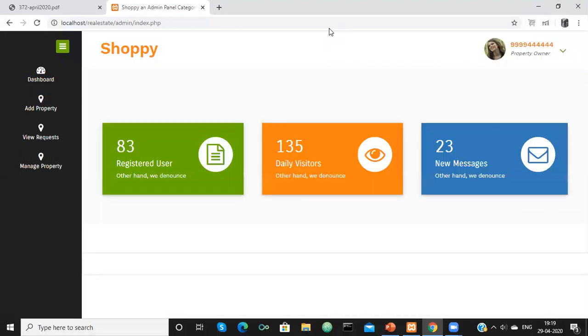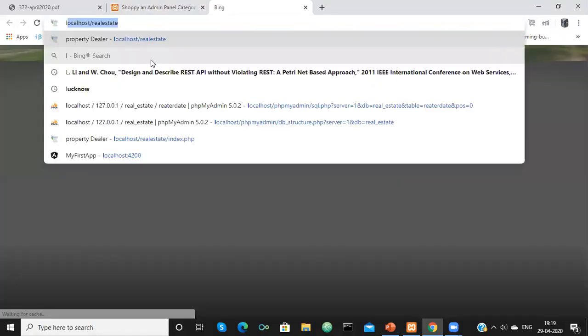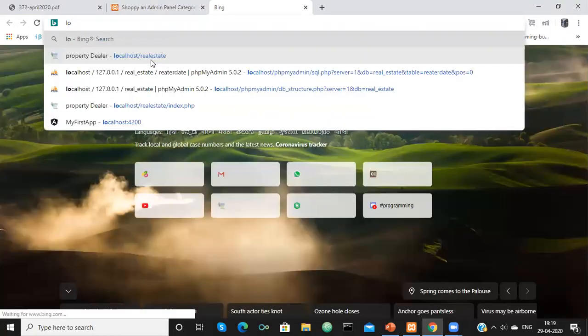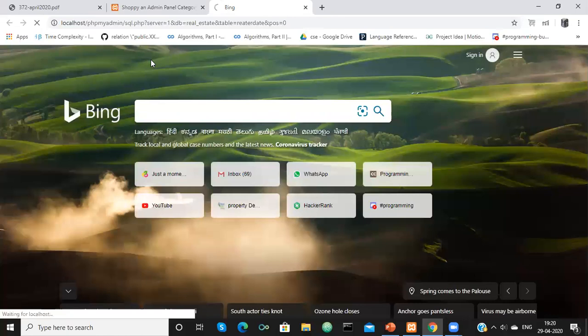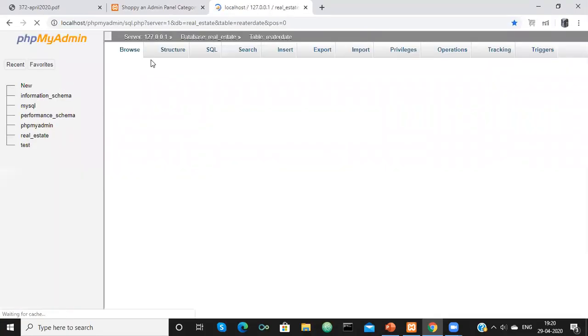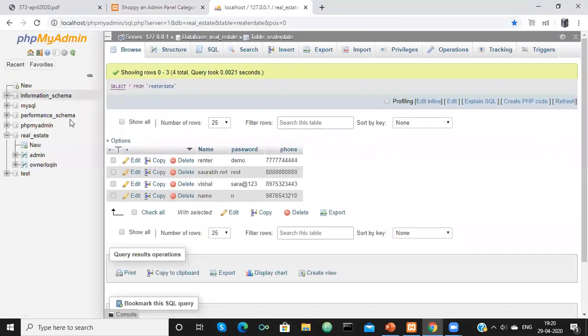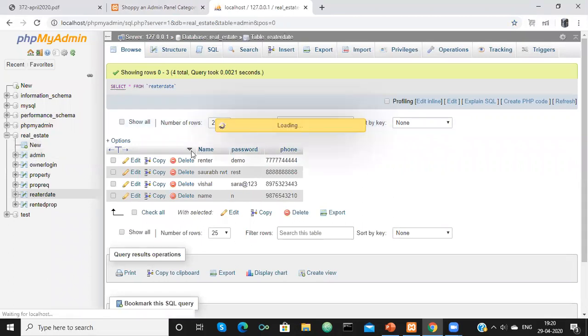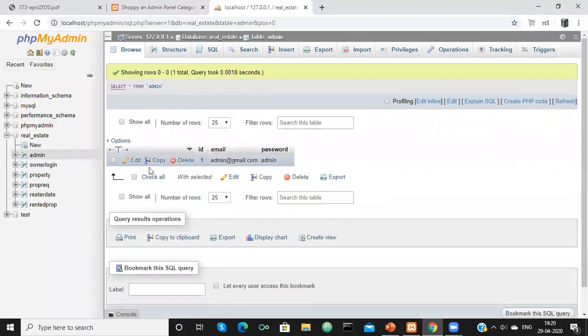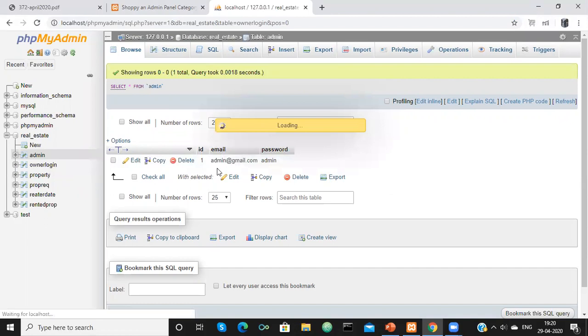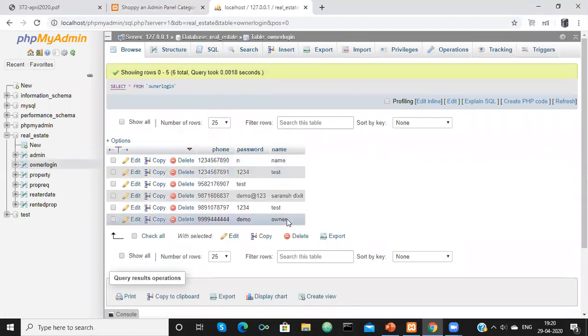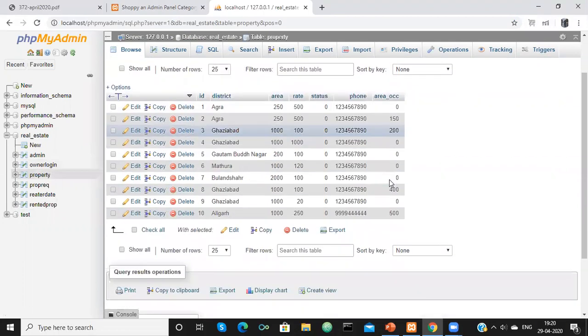Now I am going to show you the database where all data gets stored. This is for admin. These are the login details for the owner. These are the properties that have been added.